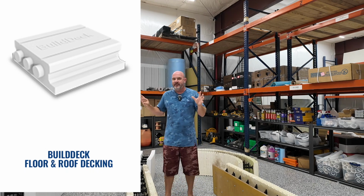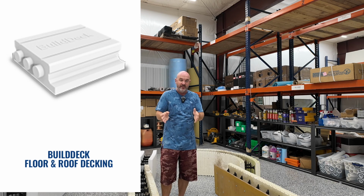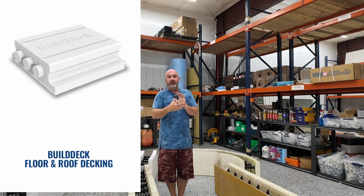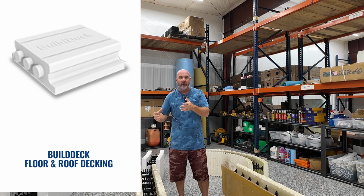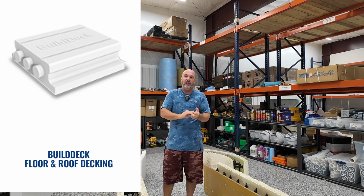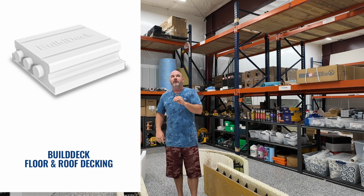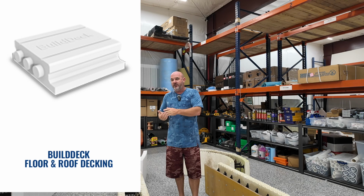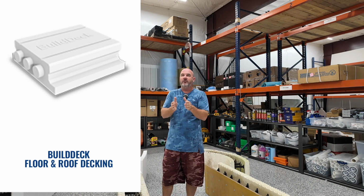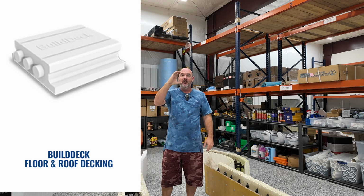Shipping is everything in the ICF game. BuildDeck comes in 2-foot by 2-foot pieces that go together like Legos, sort of like blocks. And they have no metal, so they're actually probably the cheapest version of decking that's out there. And we have found that the added expense of inserting, you use 2 pieces of metal starter, like a C